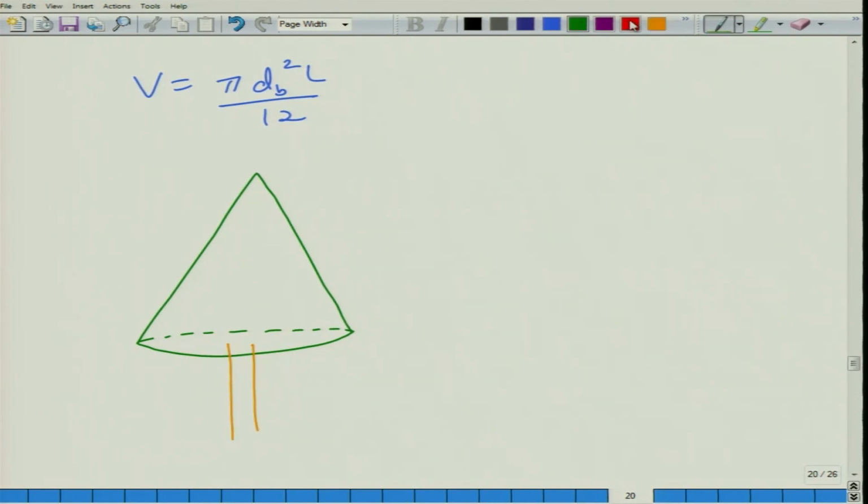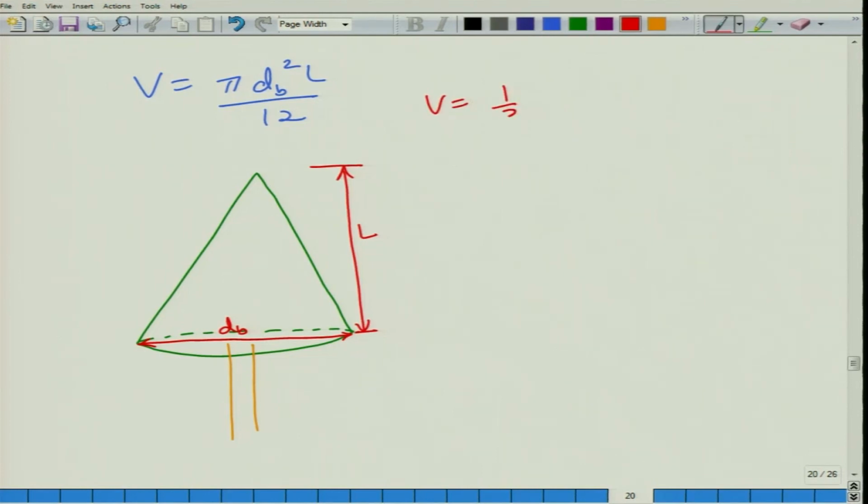In this cone we have the base diameter as dB and the height as capital L. So, in the equation of a cone we have